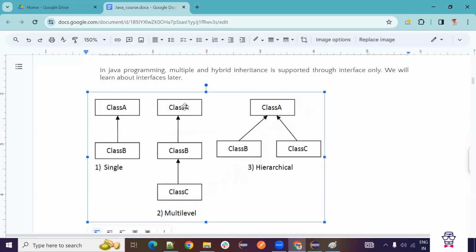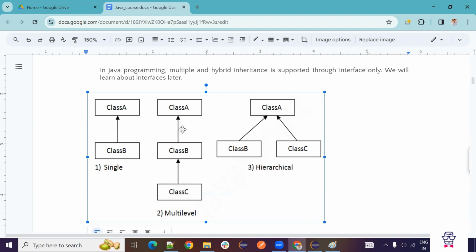So it will have one parent, then it will have one child. And this child will have one more child class. And if you want to create one more child, you can create it for class C. So class D extends class C. In that scenario, it will have access to class C methods, class B methods, class A methods, and not only methods, if it has variables, those also it will have. And if you extend one more class, E extends class D, it will be like five levels. Class A, class B, class C, class D, class E.